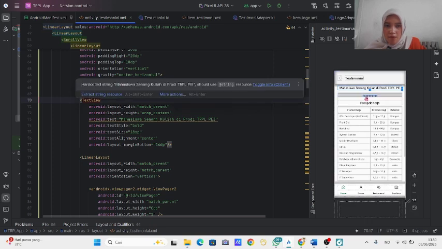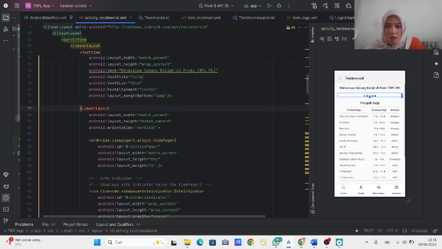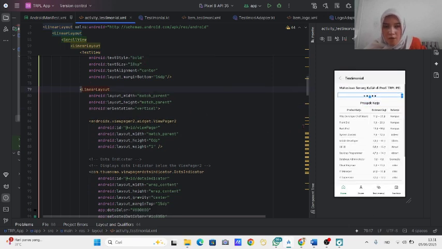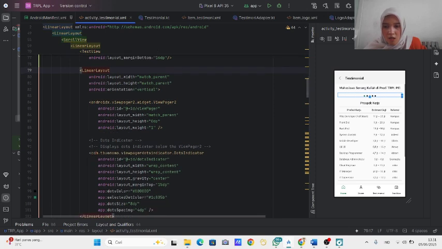And this is for the student testimonial with carousel. We use a linear layout, and for the dots indicator we use a tab layout to display the dots indicator below the view pager 2.